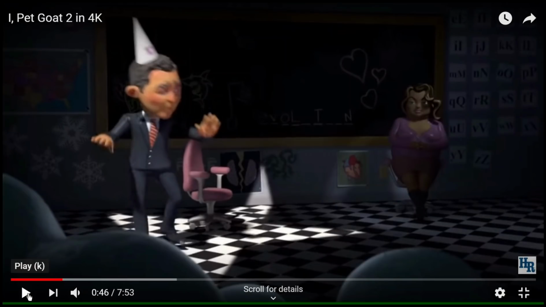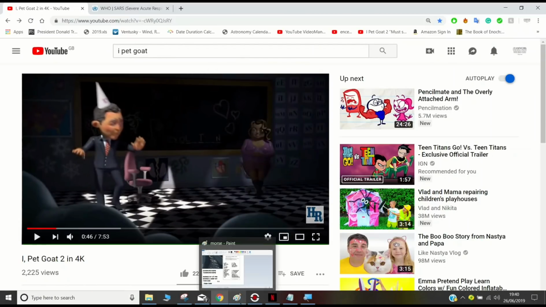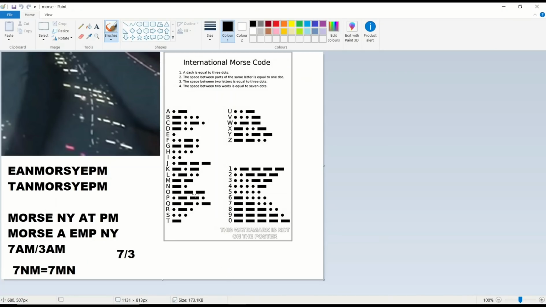Either way, what I've been doing is listening to it repeatedly, trying to break it down. And the letters that I've managed to get out of it, whether these are the correct letters or not, or whether there are any letters to be deciphered from it or not, remains to be seen. But the 3 dits are the S, the dit dar is an A, the dit dar dit is an R. Again, we have a 3 series of dits, which again brings us to S. A dit dar, again for an A. A dit dit dar after that for a U.